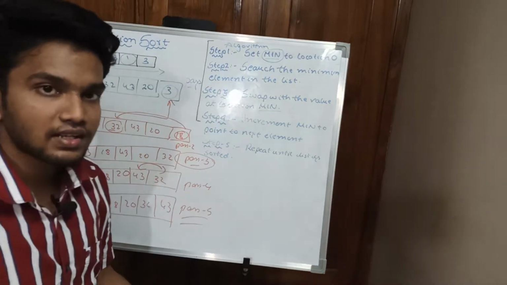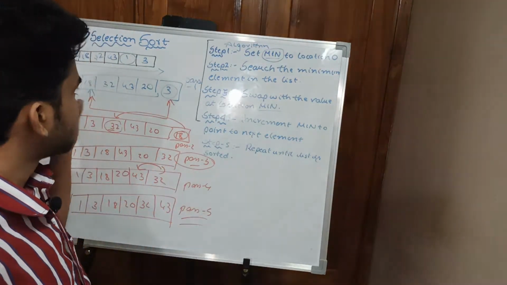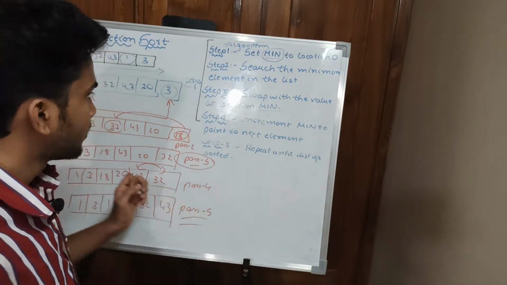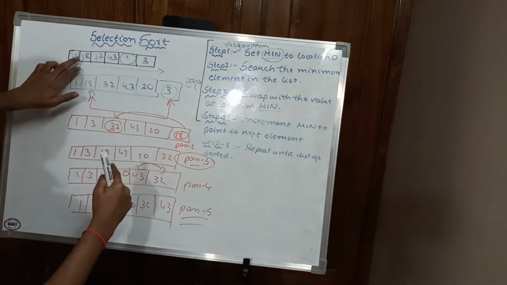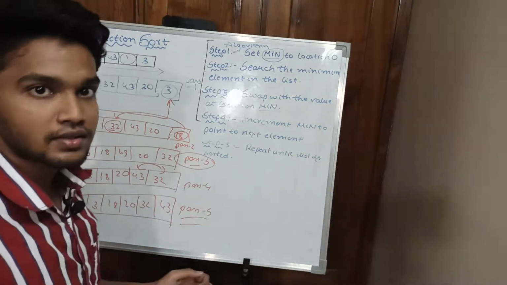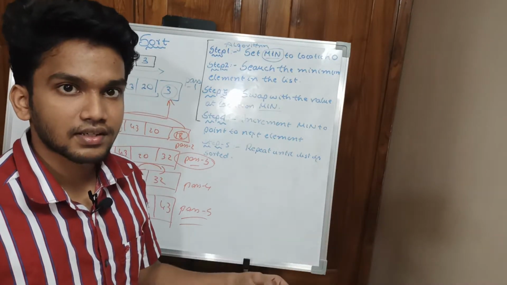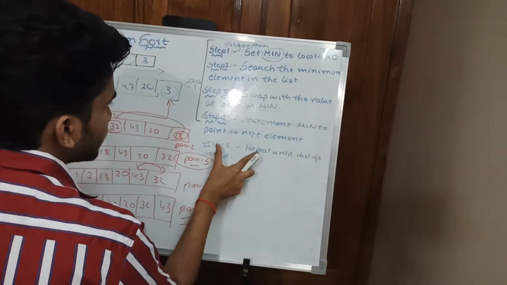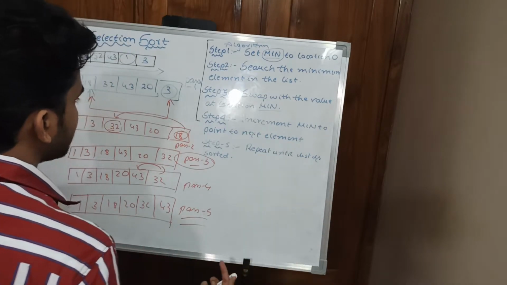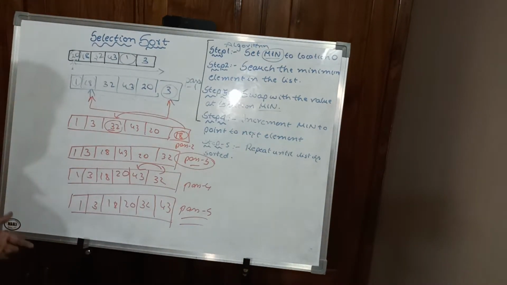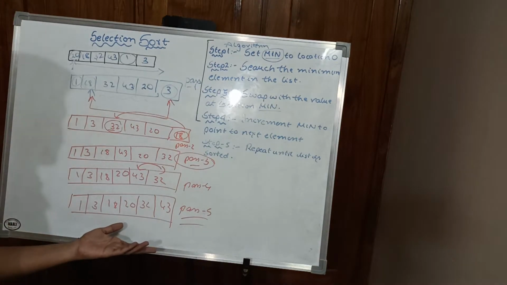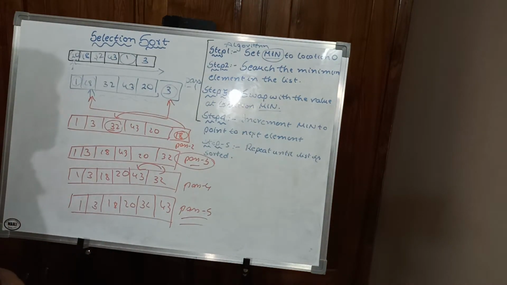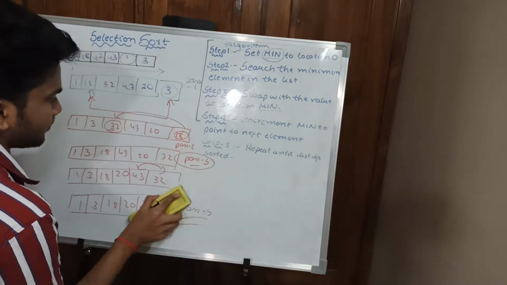So if that is the least element that we have selected, place it there itself and move the min. That is, consider the next element as minimum and check another set of elements which are lesser than that. Next, increment min to point to the next element, and repeat until the list is sorted. So we have repeated the process almost 1, 2, 3, 4, 5 times. When we repeat the process, the array gets sorted like this. Okay, so this is the thing that I want to convey.